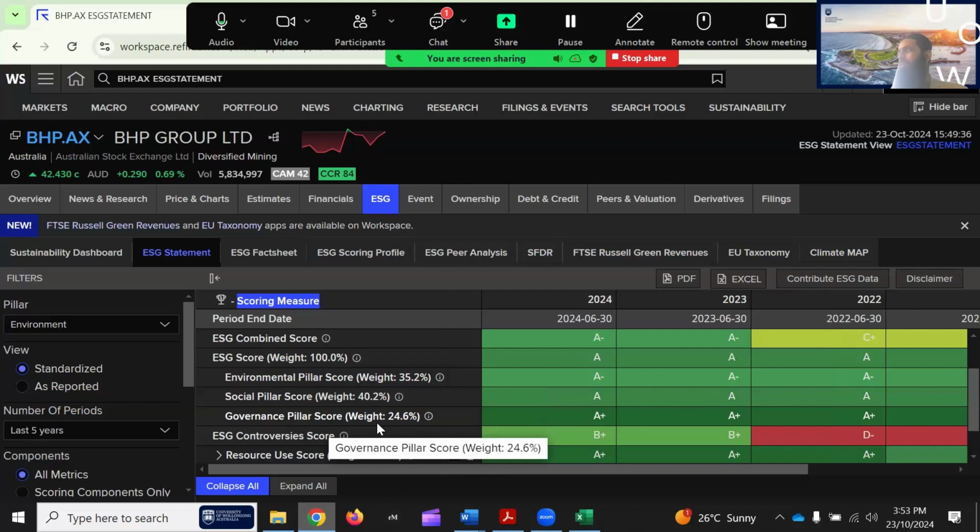If you move it to consumer staples, the social pillar will have more weighting. And in some industries, the governance pillar will have more weighting. That's why the rating can diverge from one provider to another, because Refinitiv gives rating based on their beliefs and values and their research, and Sustainalytics, RepRisk, Bloomberg, S&P Global, different databases, they use their own ratings.